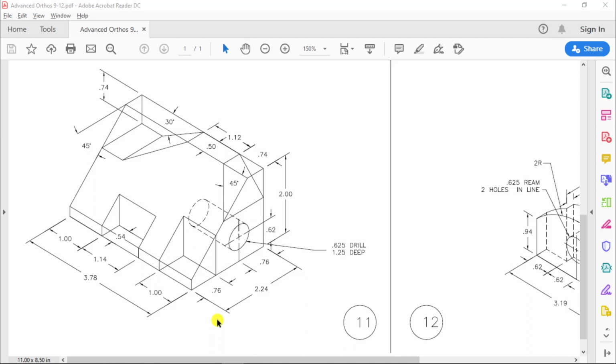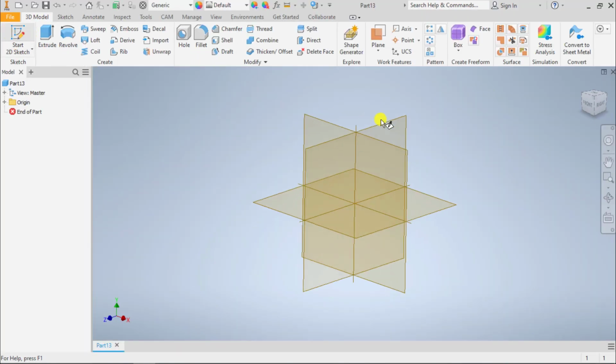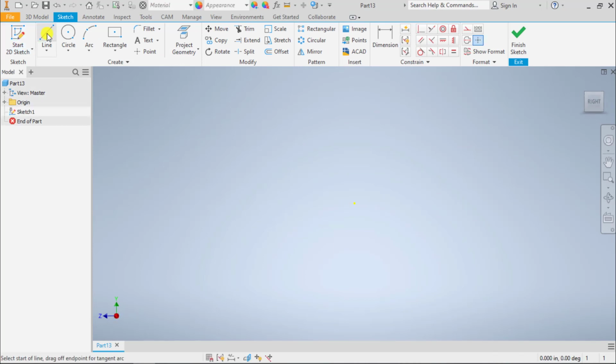So if we take a look at our side profile, we see we've got a bottom length here, or depth, of 2.24, a height of 2. This is a 1/2 inch line, and then the angle of this face here is 45 degrees. So if we pop over to Inventor, start a new part, sketch on the side, and like we said, draw our line, and we'll go from here over 2.24 up to,